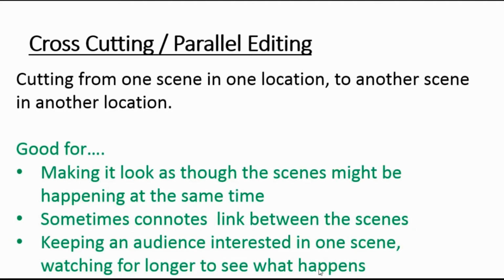Crosscutting, which is sometimes also called parallel editing, depending on who you talk to, is where an editor cuts from one scene that is taking part in one location to another scene that is taking part in another location. And sometimes they go back and forth between these two scenes. And it ends up making it look like the scenes might be happening at the same time, but just in different locations. So in the example that I'm showing you on the screen now, this is from the film Inception,